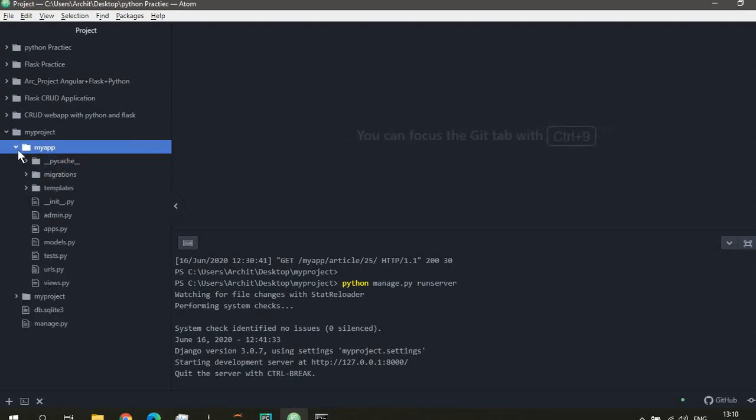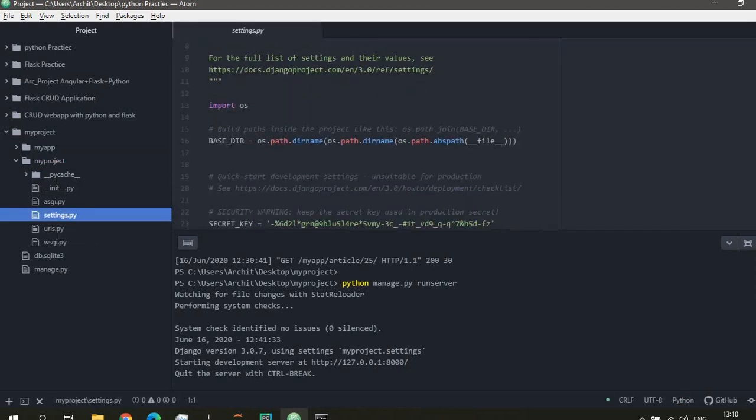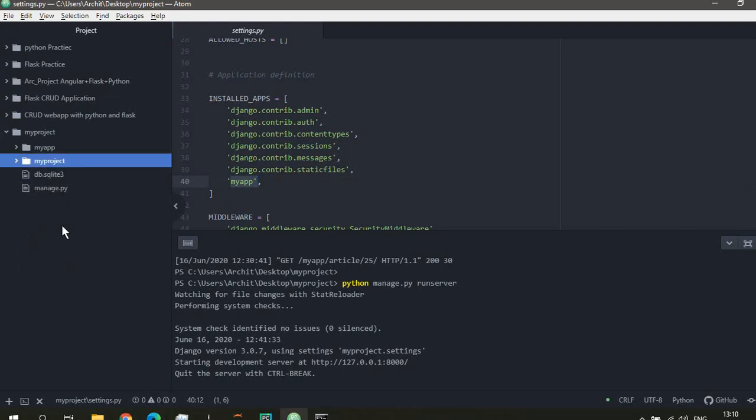Now, since we've created myapp, we need to link our app to our project. So inside our project, we'll go to our settings, and inside our settings, we'll go to our installed apps. Since we've created a new app, we'll give an entry to our myapp inside the installed apps so that we can access myapp.